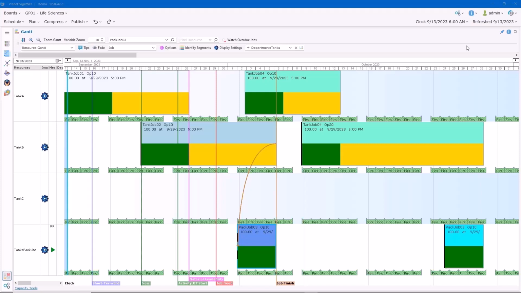On the tank's pack line resource, we see two pack jobs. The first is pack job 3. It consumes material from tank job 2, which in turn consumes from tank job 1. These two tank jobs are independent of each other. Nothing is preventing tank job 2 from receiving material from another tank job altogether. This is useful if you have multiple tanks producing the same material with no preference on which tank is emptied first. The second, pack job 5,